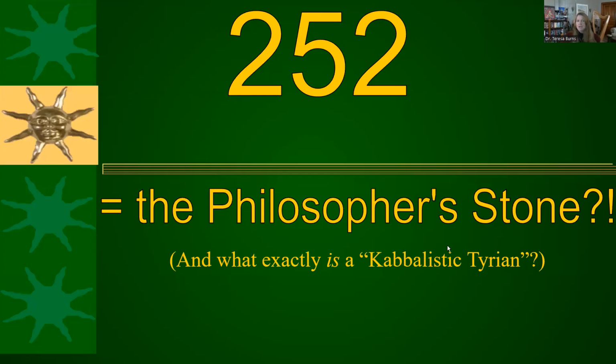So we're up in the class I'm teaching, playlist for that below, up to Theorem 17, and that's when Dee gives this unusual association with the Philosopher's Stone. What he says, in effect, is that 252 is the number of the Philosopher's Stone. And then he makes up a Latin word, Tyranibus, which we translated as Tyrian, which is our made up English word. So maybe knowing what a Kabbalistic Tyrian is will help us figure out why John Dee thinks 252 is the number of the Philosopher's Stone.